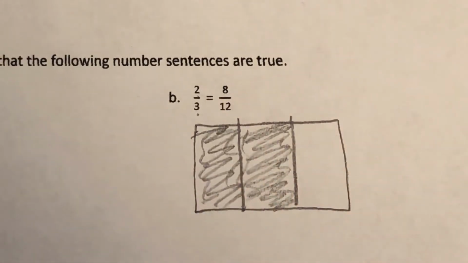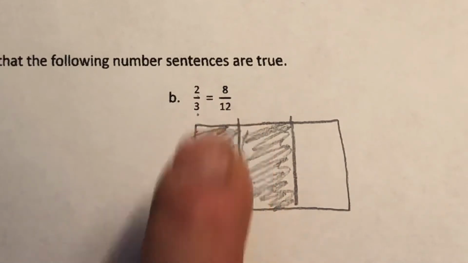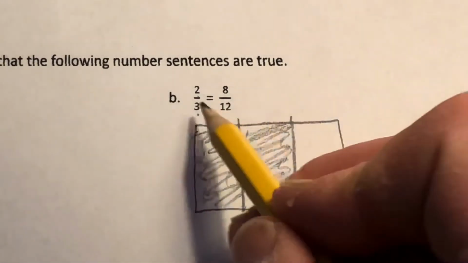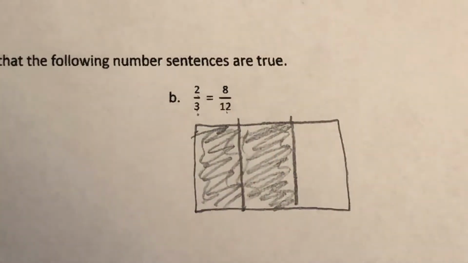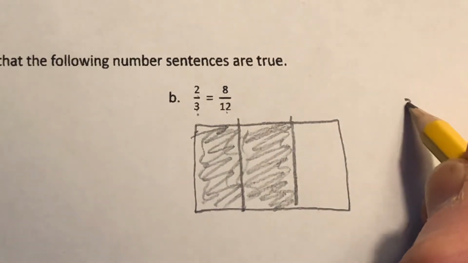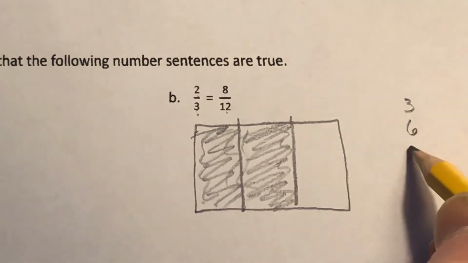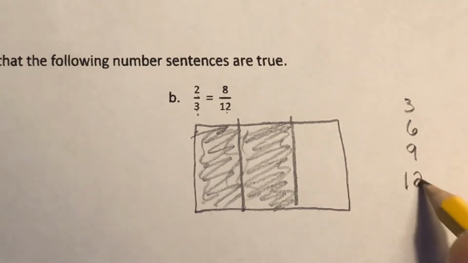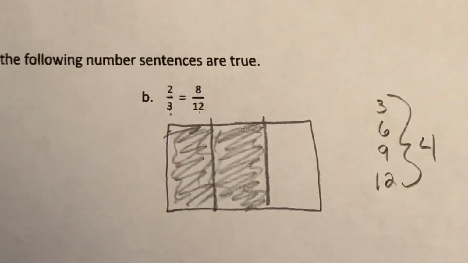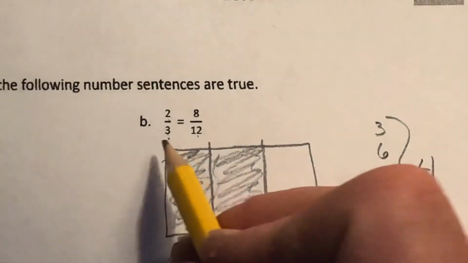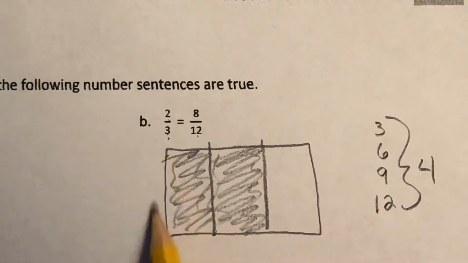Good. Now I need to make it to 12ths. So I need to ask myself, what times 3 is 12? Or I could just count by 3s. I could go 3, 6, 9, 12. Look at that. 4 3s. So I know that 3 times 4 is 12, which means I have to go from 1 row